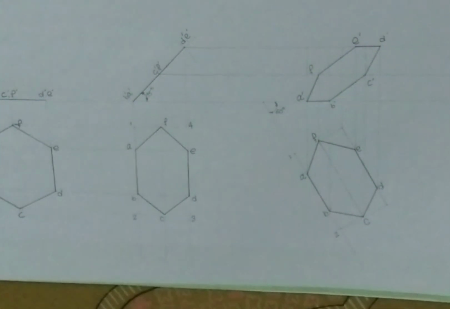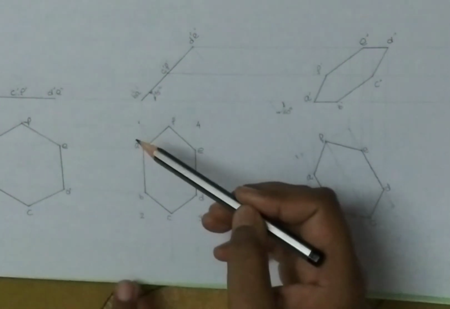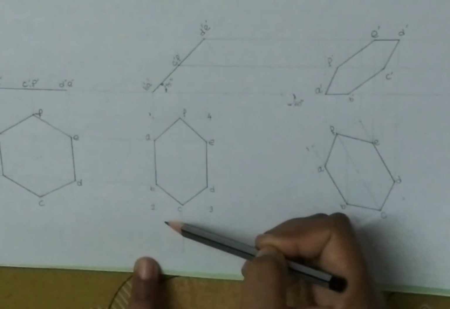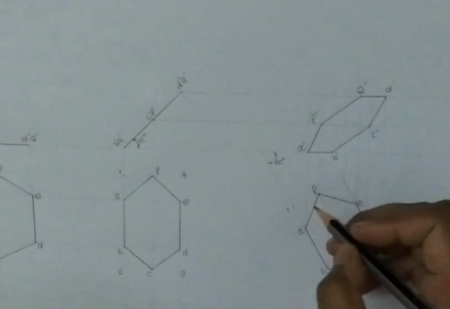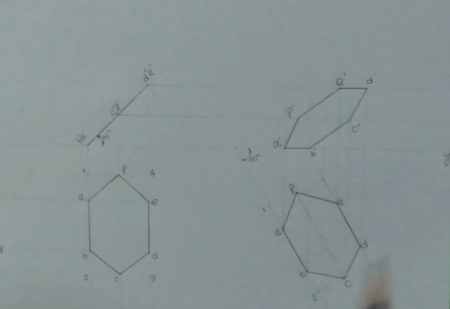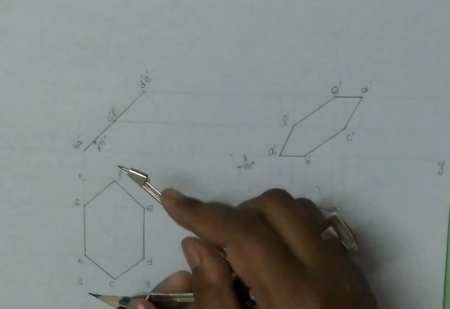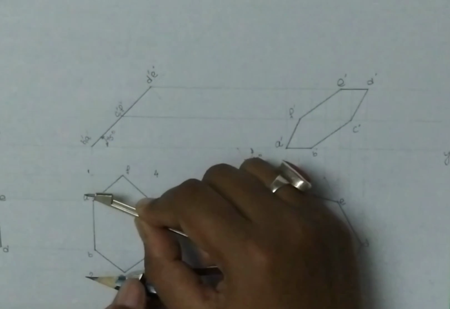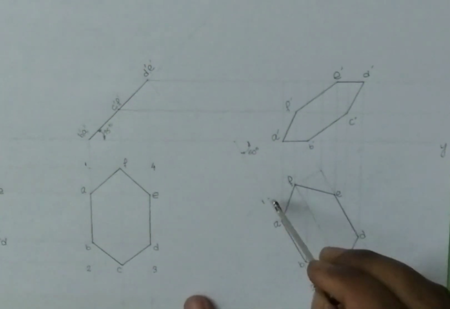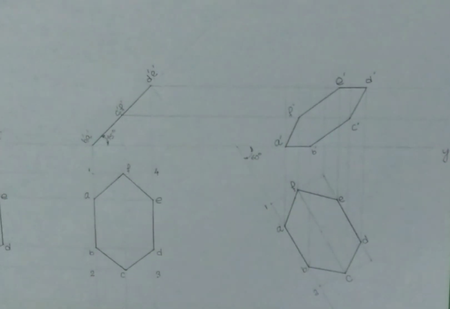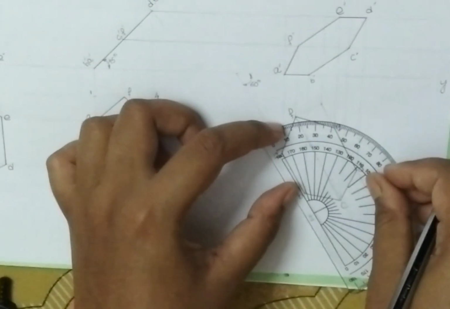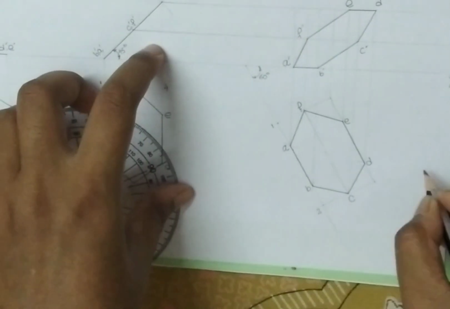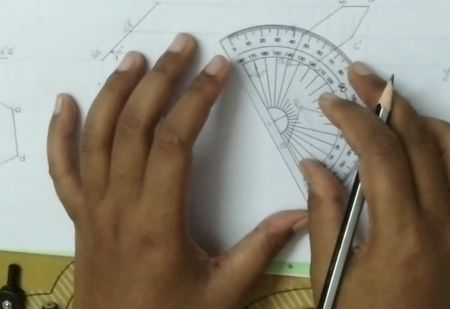Make this 60 degree line. And I have already told you that you have to place this rectangle 1 2 3 4 here. So just take a point, and then take this distance 1 2 as radius, make a cut like this. Name this point 1, name this point 2, then put your compass here, make a 90 degree line, very lightly make this line, and put your protractor on this one also, make a 90 degree line.